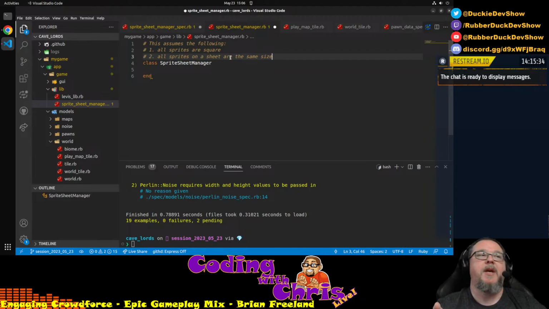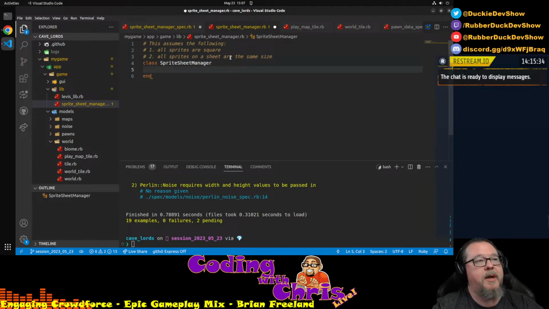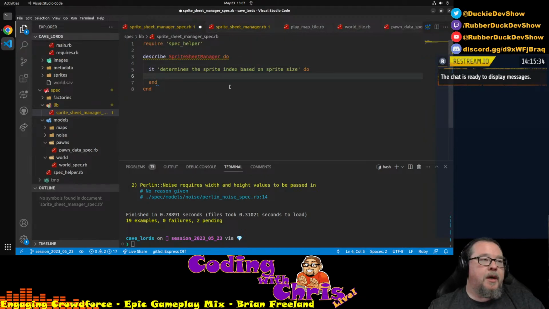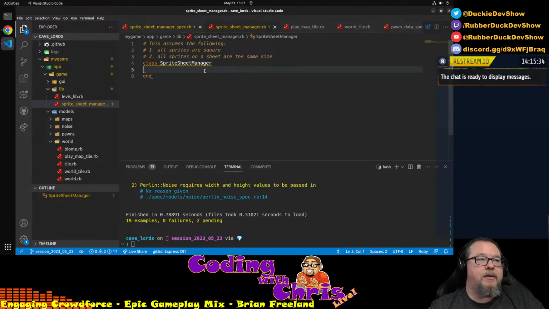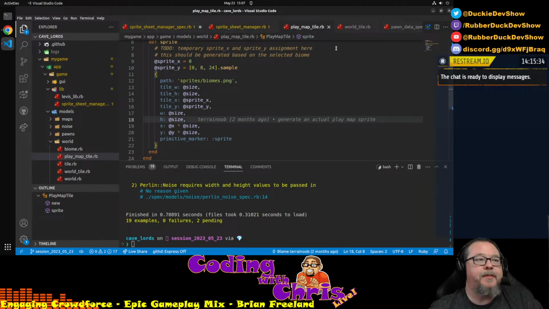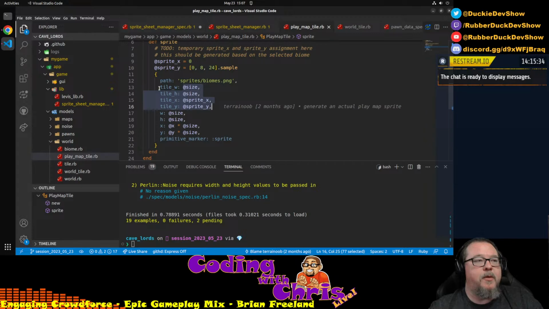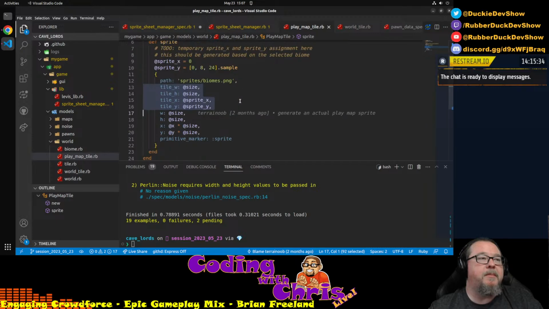I know a good Sprite Sheet Manager class would be able to choose different things, but that's not what I'm trying to get after here. So we're gonna run with those assumptions, right? Okay. So what I want to be able to do here is, rather than saying, get the example, I want it to calculate this stuff for me, be able to spit that back for any particular biome,